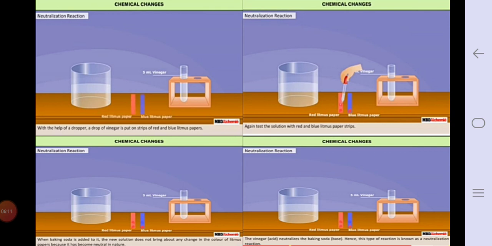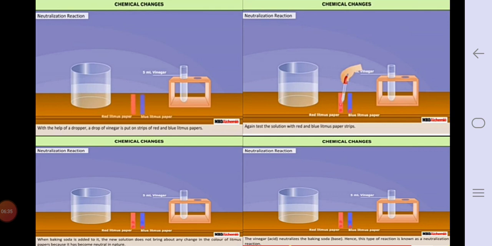Pass this gas through freshly prepared lime water. Now in the beaker there is lime water solution present. In the test tube there is vinegar. What happens to the lime water? The change in the test tube is as follows. In the picture also you will understand the changes. Vinegar plus baking soda gives carbon dioxide plus other substances.